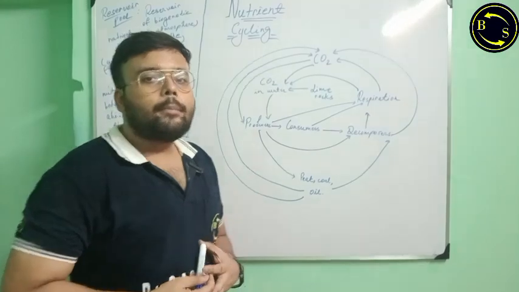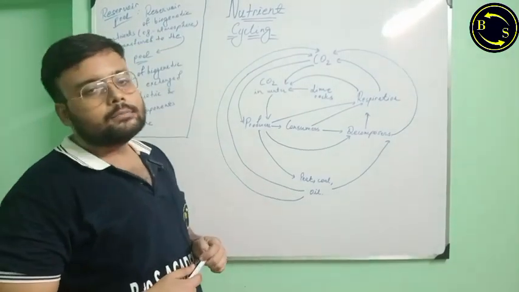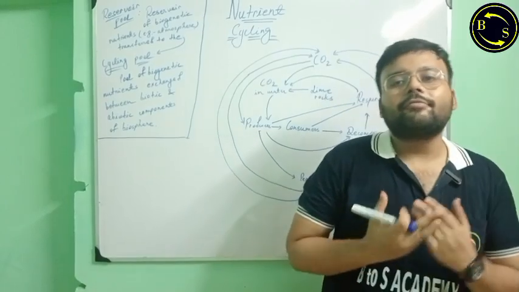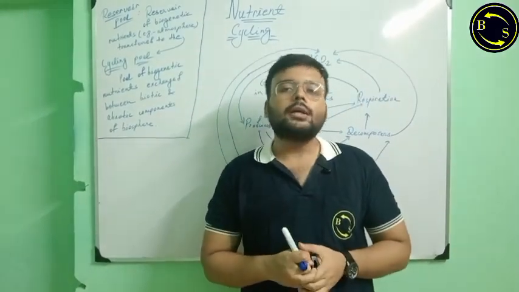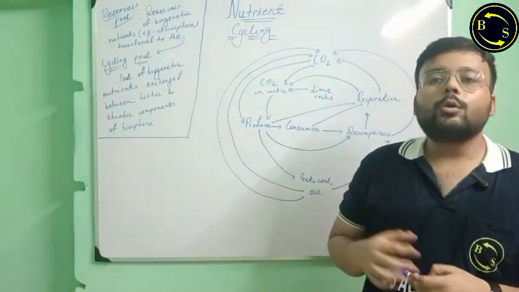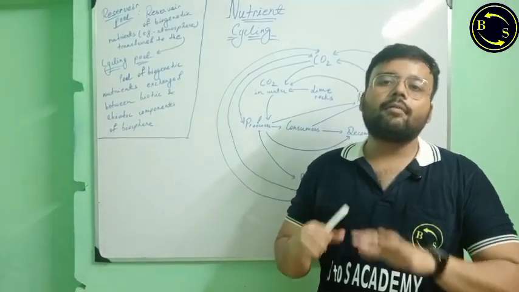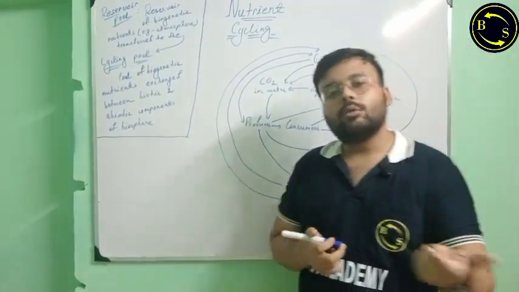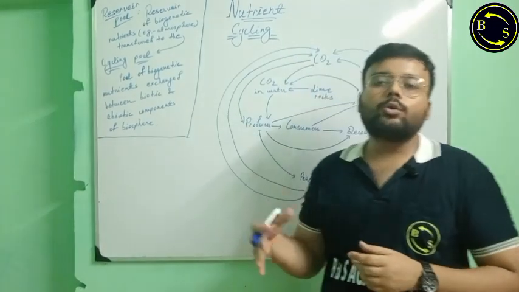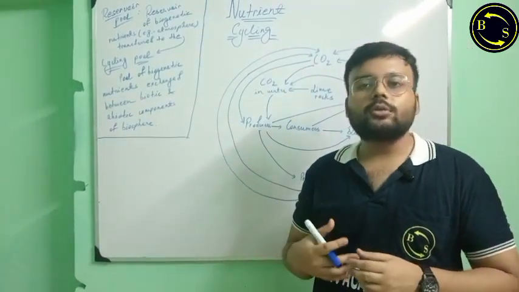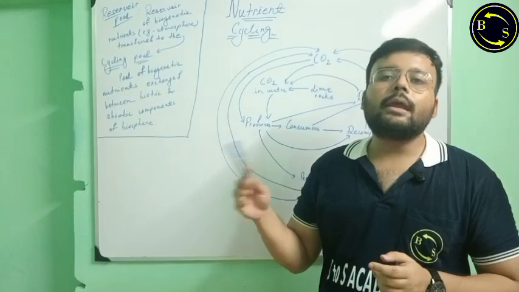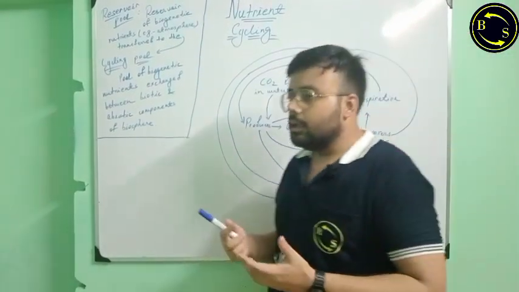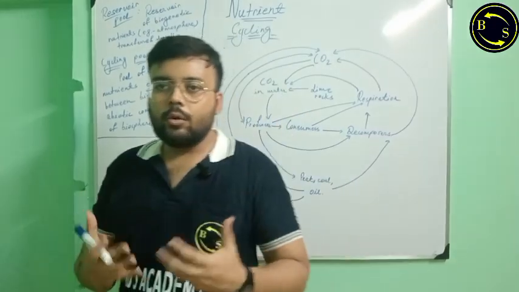Now we will look into the part of nutrient cycling. Nutrient cycling is a very important ecological function. Without nutrient cycling, since our ecosystem contains very limited resources, all those nutrients and resources would not have been able to be recycled inside our ecosystem, and hence gradually as the communities grew in size,